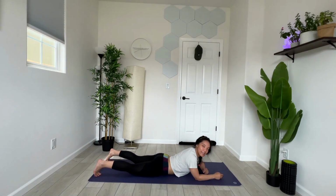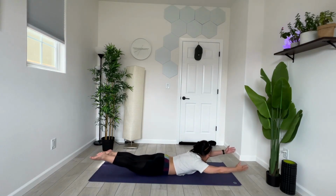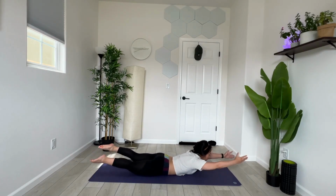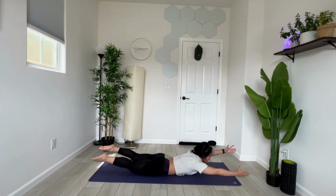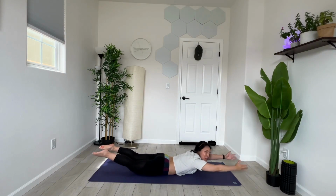We got our Pilates swimmers. So Pilates swimmers, flutter from your hip joint and your shoulder joint. Join me, go. So here we're fluttering from our shoulder joint and our hip joint. Everything is extended out, creating long and strong lean muscle mass. So you can have your thumbs up, palms facing each other, or palms facing down, whichever rotation feels best for